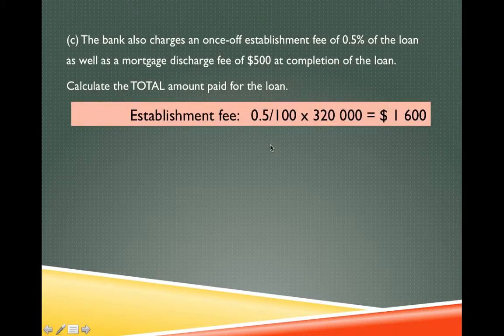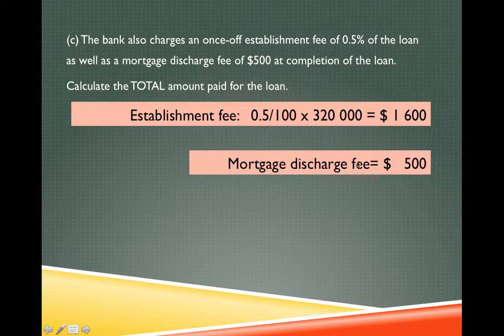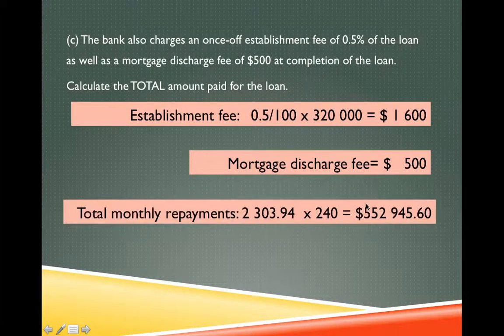The establishment fee is a once-off, 0.5 divided by 100 because it's a percentage, times the present value. The mortgage discharge fee is a fixed amount, and we then take the total monthly repayment that we've calculated in questions A and B, times the 240 months we're going to pay that. Gives a total of